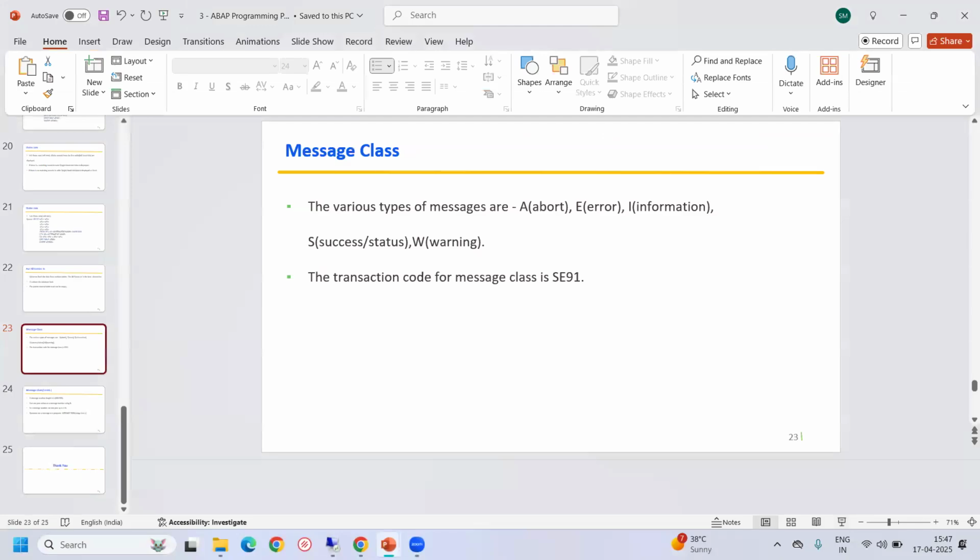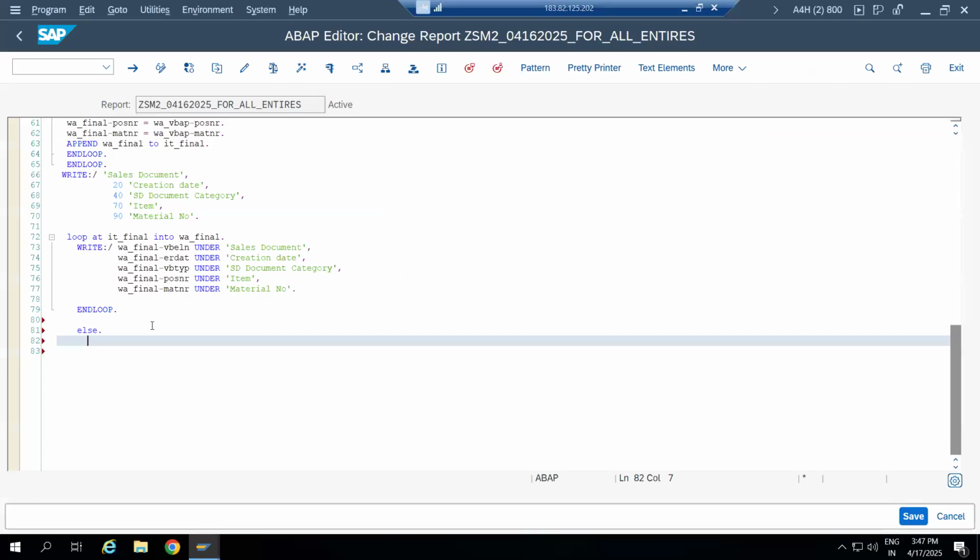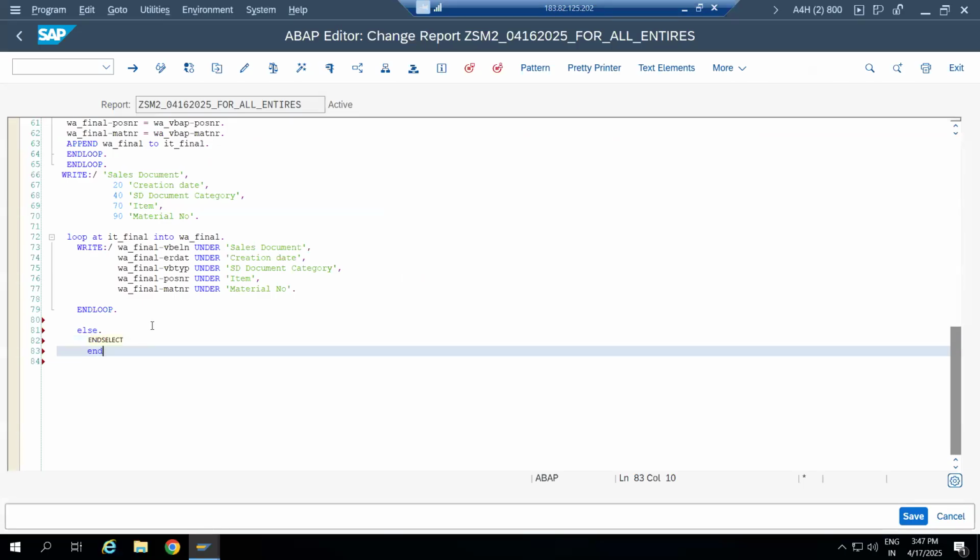Let me show you practically. Suppose this is a program. Let me close it. So this is end. I'll save. I'll check. If you see at the bottom right, there is a text, right? So this is a message. No syntax error found. So this is one of the messages. And suppose if there is an error,